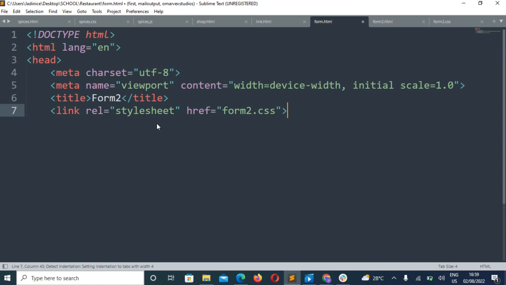First, like I said in the last video that I made, you're going to start with the doctype HTML, the HTML language of the website. English, we have French and Spanish, other languages, but I want mine to be English. Then we have the head. In the head, we have meta charset UTF-8, the character set for the website, the meta name viewport, content width equals device-width, initial-scale 1.0, and the title is Form because it's a form that we want to create. And the style.